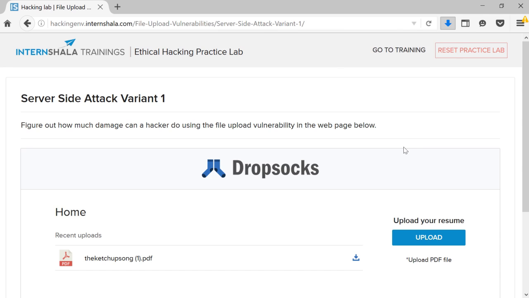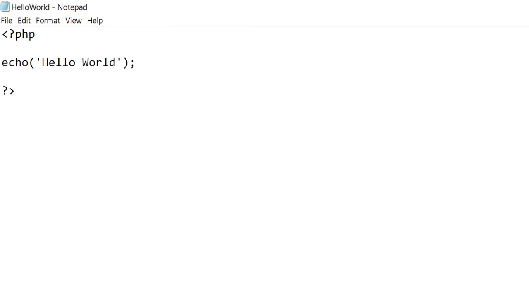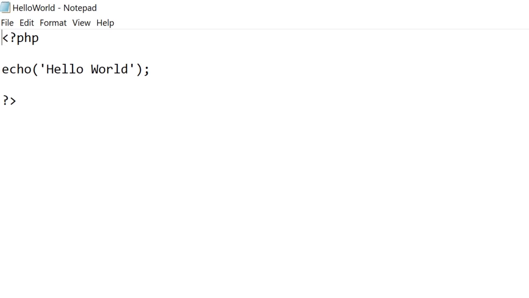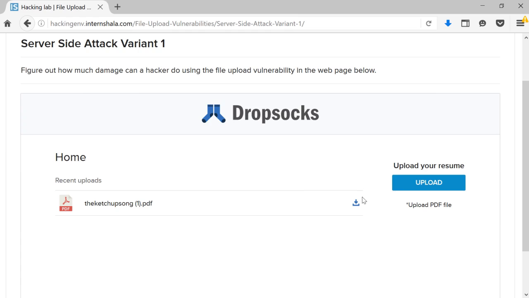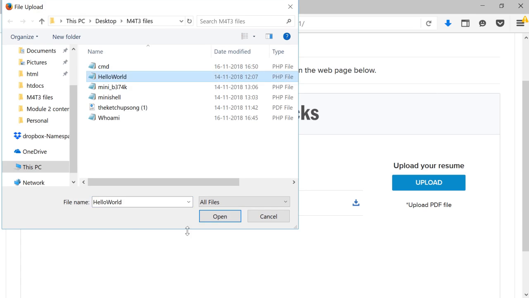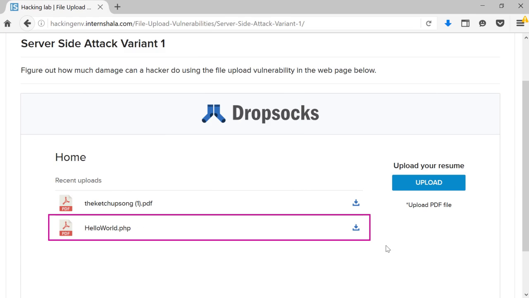But we are security experts and rather pseudo hackers, and we don't play by the rules. So let's see if this website allows us to upload any other type of file like a JPEG or a text or maybe a PHP. PHP, as you know, is a server-side programming language, and it is used to execute commands on the server, right? What if we can upload a PHP file and make the server do something? Well, let's try. So here, we have a sample PHP file with simple hello world code. Now let's upload this file. Here, the file is uploaded.